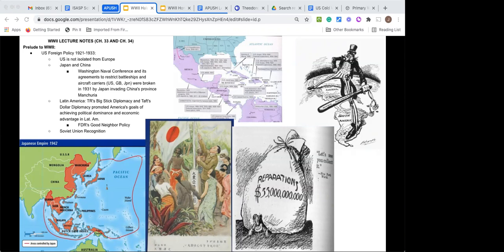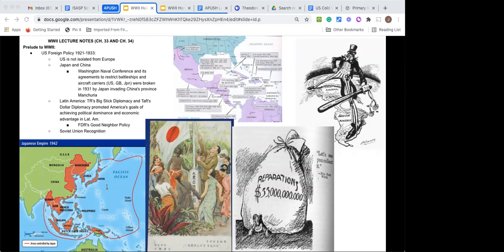In Cuba, we nullify the Platt Amendment. Platt has two T's in it. Now, keep in mind the Platt Amendment had been from the Spanish-American War in 1898, and that had given the United States the rights to help intervene in Cuba. And Roosevelt nullifies this and takes away that influence, but we are going to maintain our military base at Guantanamo